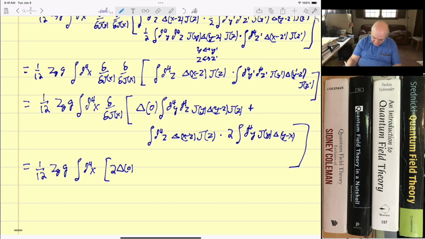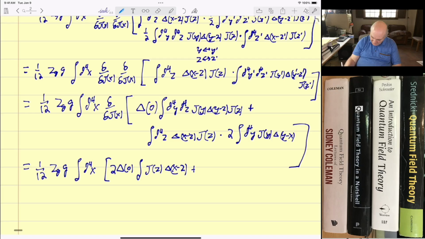There's a factor of 2 because I have 2 terms and I'm going to differentiate each one. And I'm going to get jz, sorry, 2 times the integral jz del x minus z